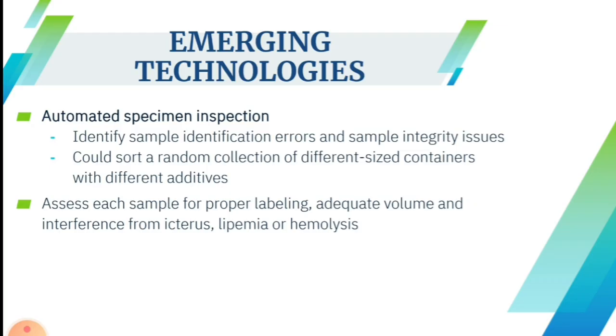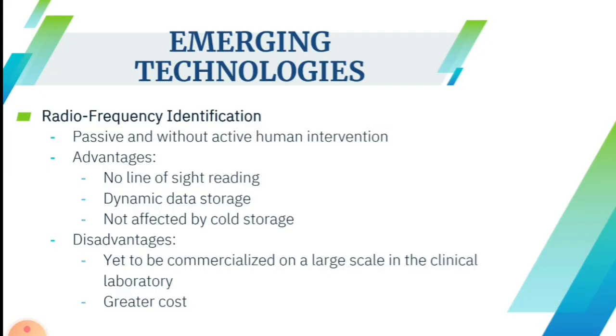We also have emerging technologies. We have automated specimen inspection, which identifies sample identification errors and sample integrity issues, and it can sort a random collection of different size containers with different additives. We also have radio frequency identification, which is passive and without active human intervention. The advantages are as follows: no line of sight reading, and dynamic data storage not affected by cold storage. The disadvantage is that it costs more,